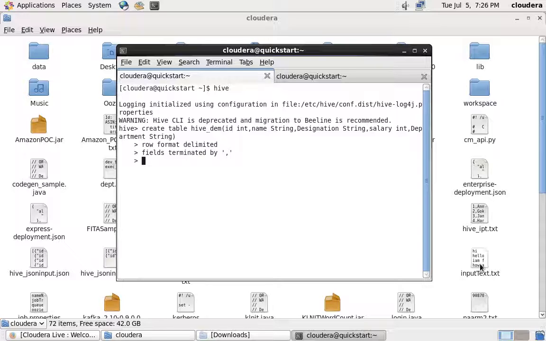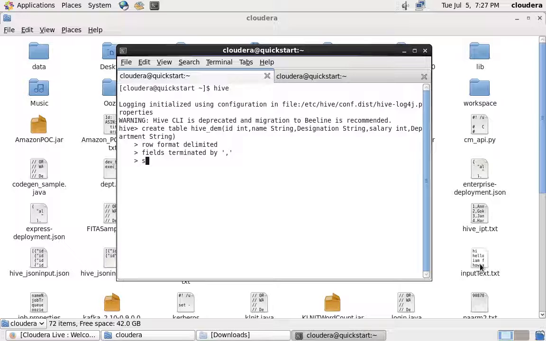And what else do we have? You can save the data of this table in HDFS as a file, but what kind of file do you want to save it as? Like a text file, or you have other options like sequence file, RC file, row columnar format, and optimized row columnar format, ORC file. We are all familiar with these formats. Generally, text format data consumes more space in your HDFS.